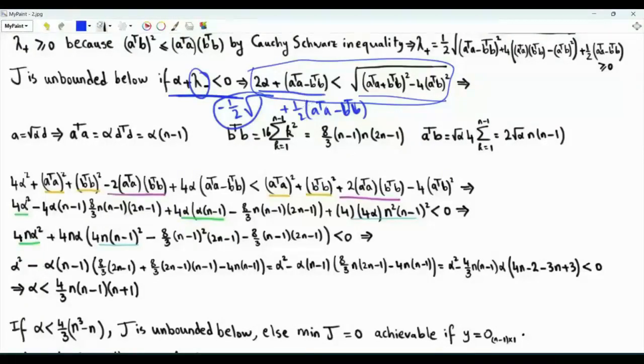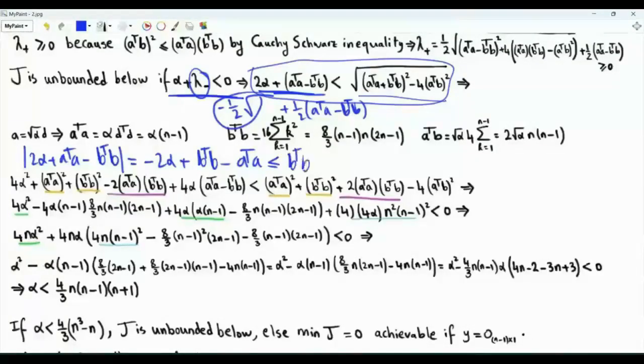Well, the left-hand side can be negative. Alpha is strictly positive, but it may happen that for a particular choice of the values of alpha and n, B transpose B is greater than 2 alpha plus A transpose A. Can the left-hand side be negative and greater in absolute value than the right-hand side? If the left-hand side is negative, then the absolute value is equal to minus 2 alpha plus B transpose B minus A transpose A. Because alpha is strictly positive, this is less than or equal to B transpose B